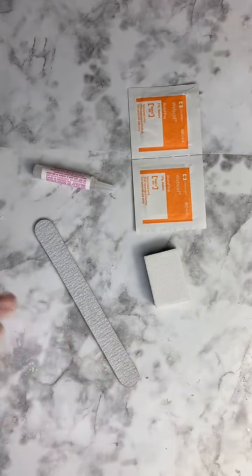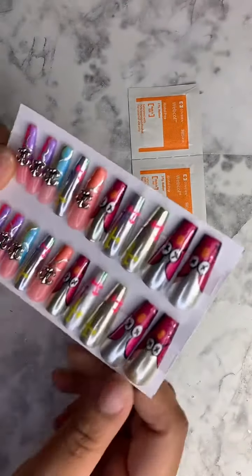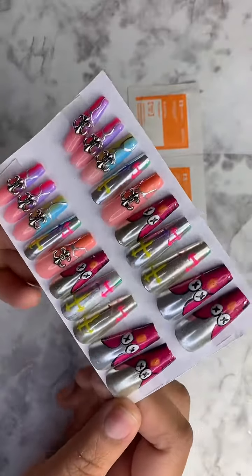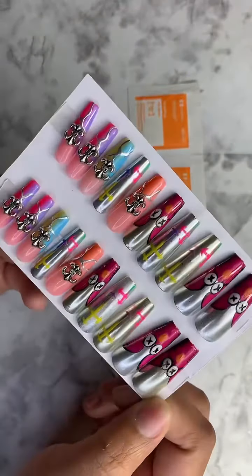This video we're going to do something very fun together. We are actually going to apply a pair of press-on nails together. These are the nails that I'll be wearing today. They look like this. This one is called the Claws hand painted set on my website, and I just want